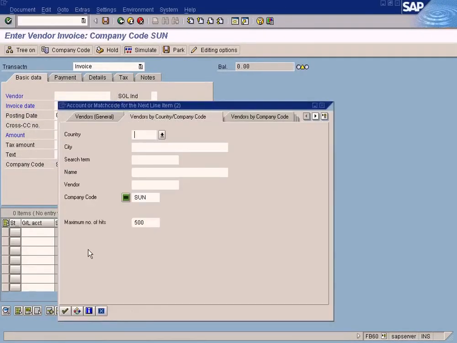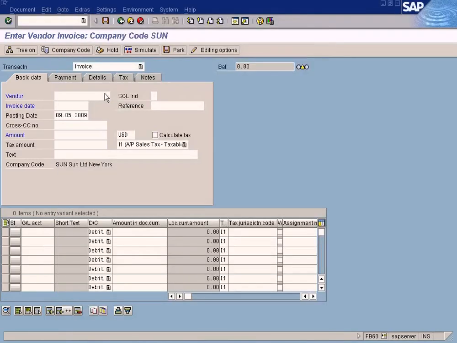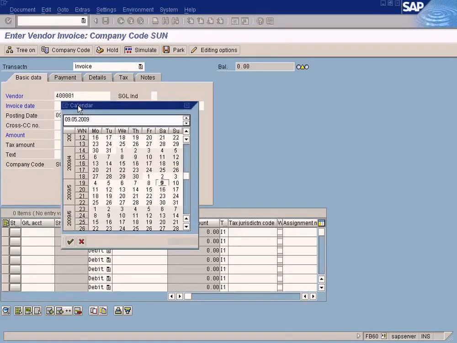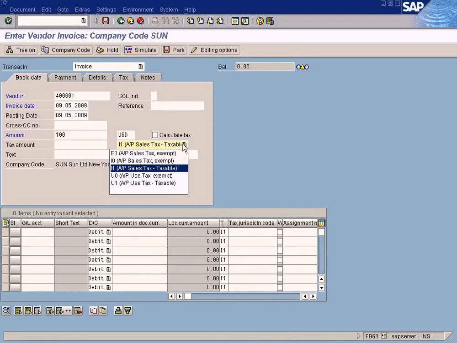Choose the vendor, this one, and the invoice date, the amount. Okay, then all the tax codes are available here.